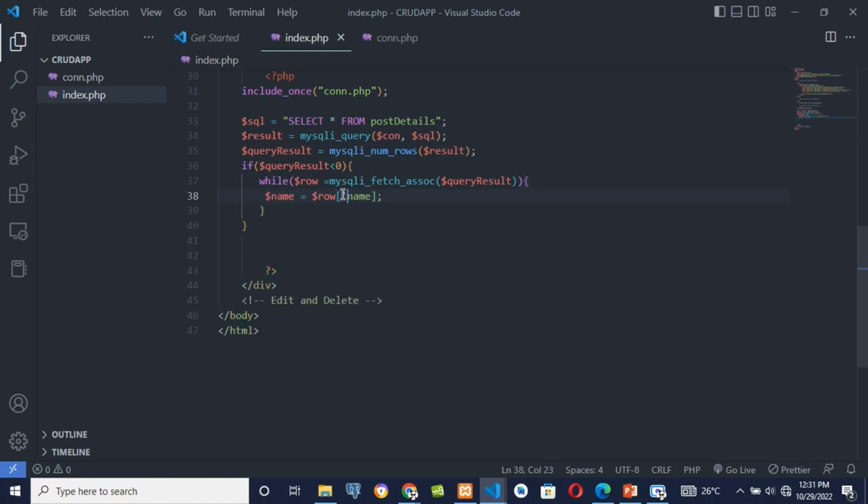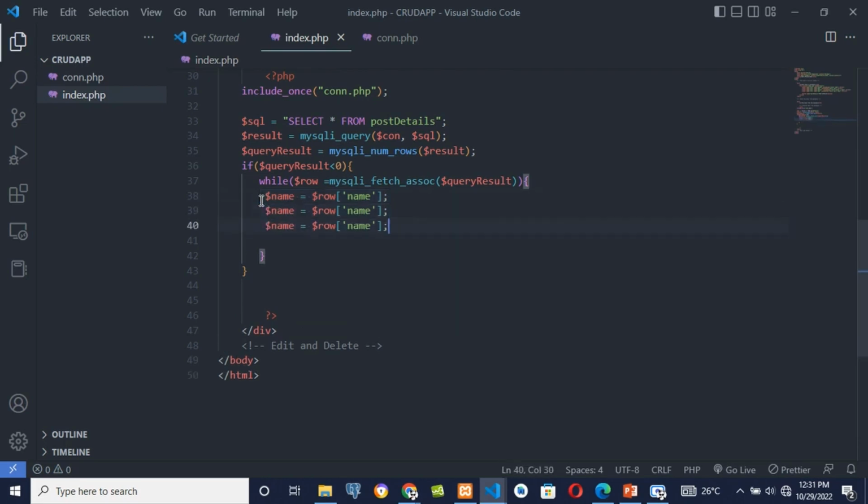I think hapa kunafaa kuwa na parenthesis hivi, equate hivyo. Okay, alafu tuna copy, let's copy this 3 times, right? So hapa ni name, then hapa itakuwa the age,